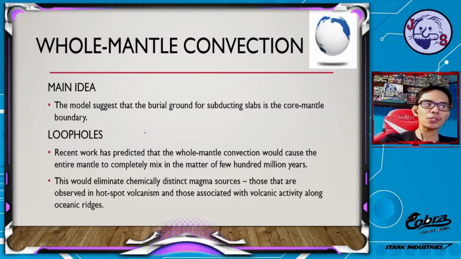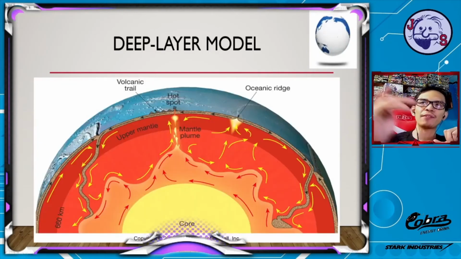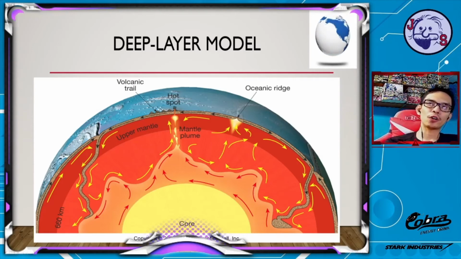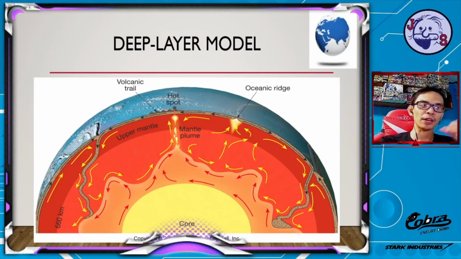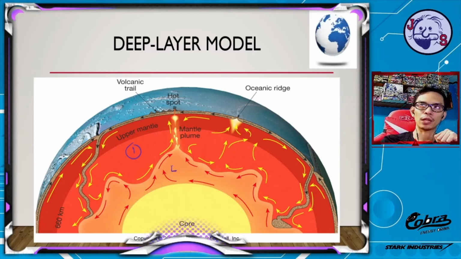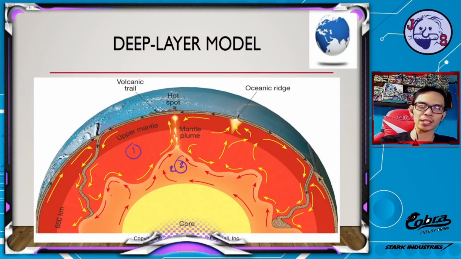So that is why geologists developed another model that will address this loophole, the deep layer model. In this deep layer model, we have two separate convection processes. One is from the upper mantle and the upper parts of the lower mantle. And the next one is the lower mantle facing the core. So the lower mantle facing the core is the second convection process. That part of the lower mantle, when it is being heated,